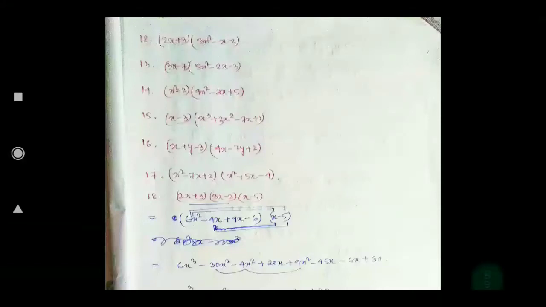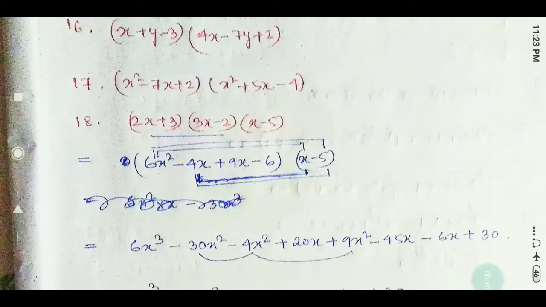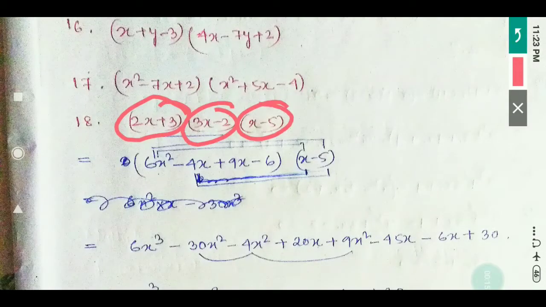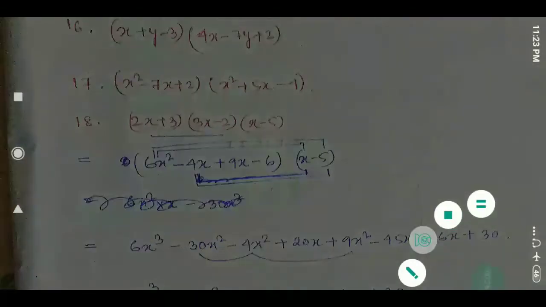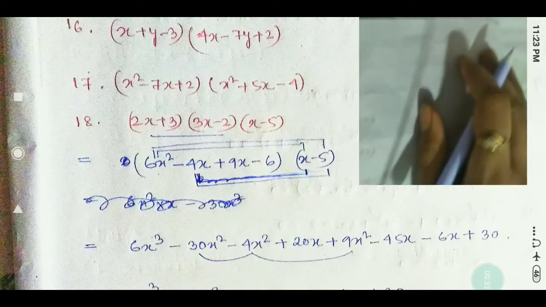So the question number 12, 13 up to the question number 17, you have to do simply the multiplications. I will do this 3. See here 18 number, here 3 factors are there, 1 2 3. So this one I will do. Right. What is the question it is given?